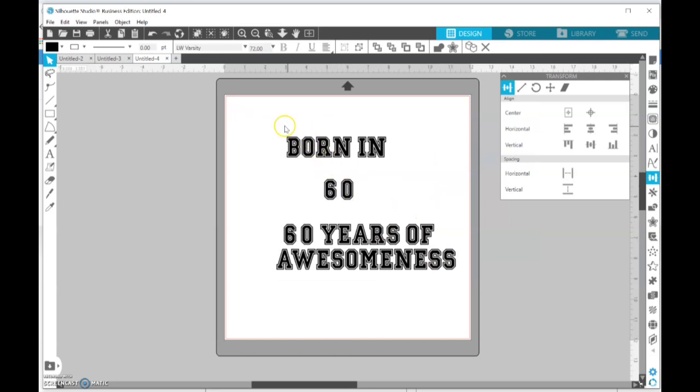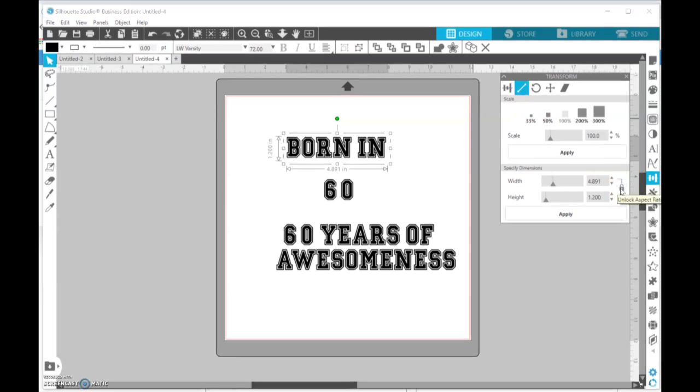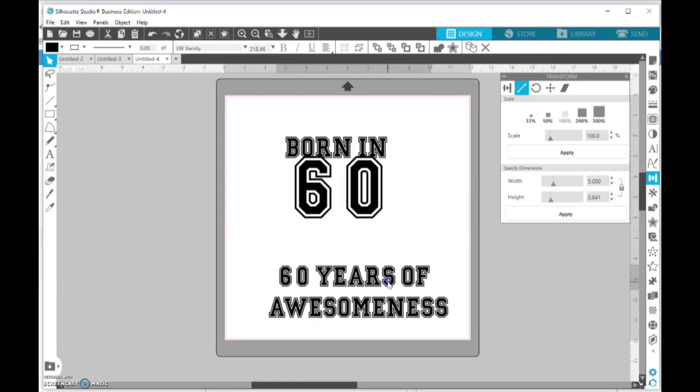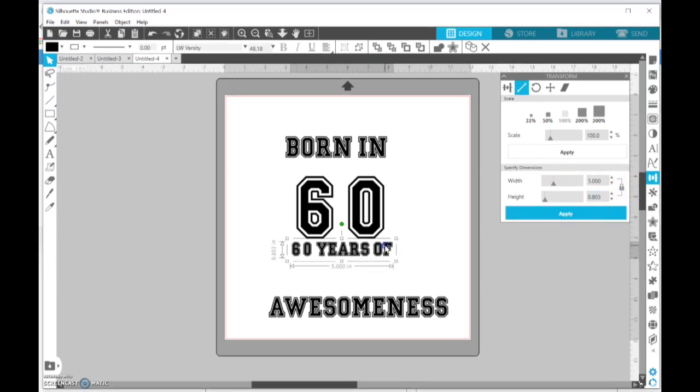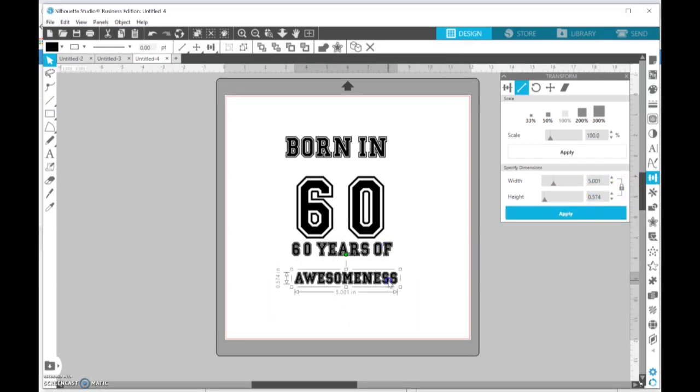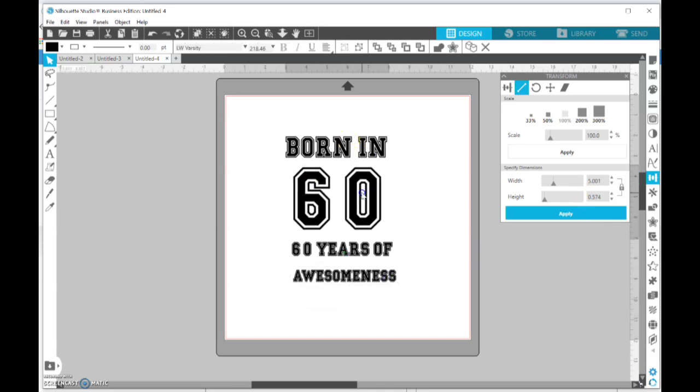Okay, now what I want to do is I want to make all of these four lines the same width. So I'm going to take this one and I'm going to come over to the scale, lock that scale, the ratio between height and width, and I want to put 5 in here. And this is just so I can have some number that I'm going to use and apply to all of these. And again, always make sure this is locked. Okay, so now kind of eyeball and figure out about where